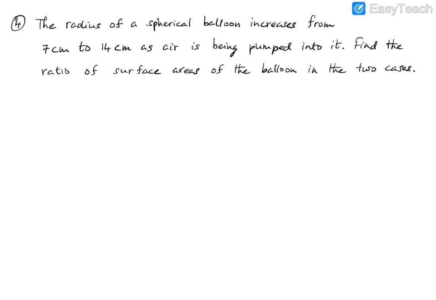So we are given two radii. So let's call the first radius R1. So R1, we will call it as 7 centimeters. And then we'll call the second radius R2, and that is 14 centimeters. Okay, these are the two radii given to us. So we have to find the ratio of the surface areas of the spheres for these two cases of the radius. So surface area